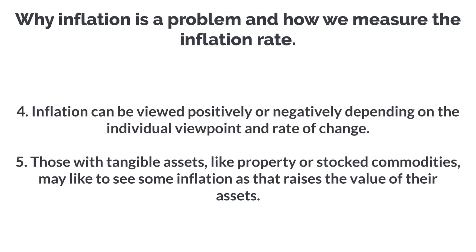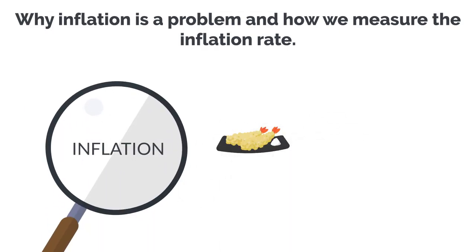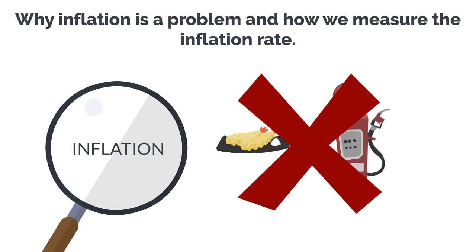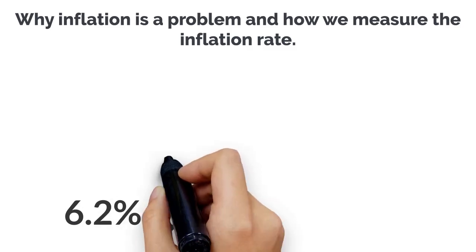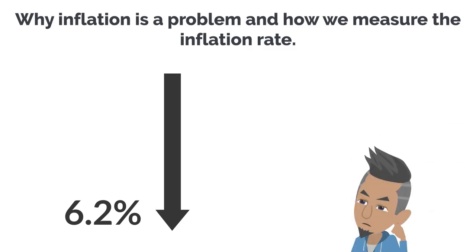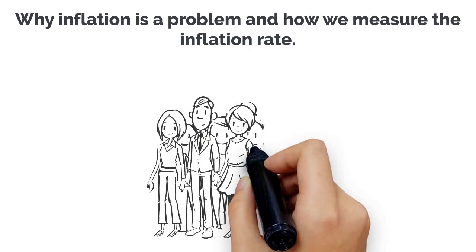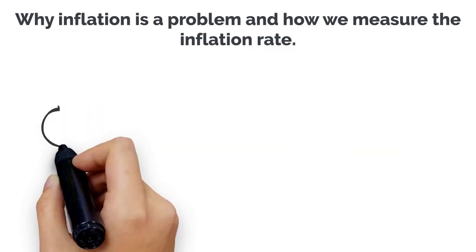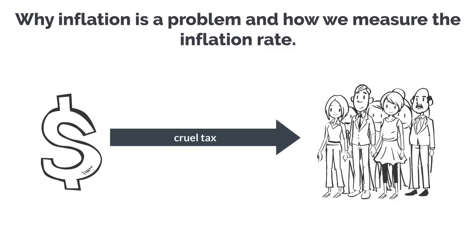of their assets. When the Bureau of Labor Statistics measures inflation, they leave out two key data points. They do not count food or fuel in the calculation. This makes the inflation rate appear much lower than it actually is. If an inflation rate of 6.2% is reported, the real rate as felt by consumers is much higher. As all citizens consume food and fuel in some way, it impacts everyone. It has been said that inflation is the cruelest tax of all because it hits everyone.